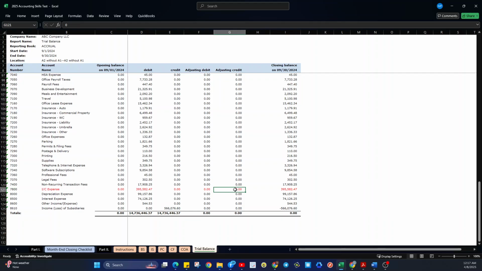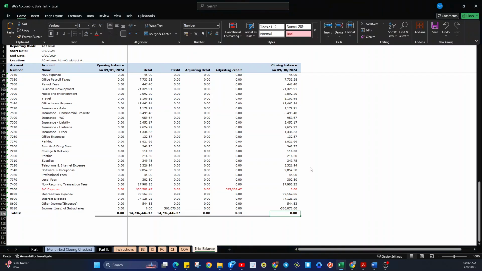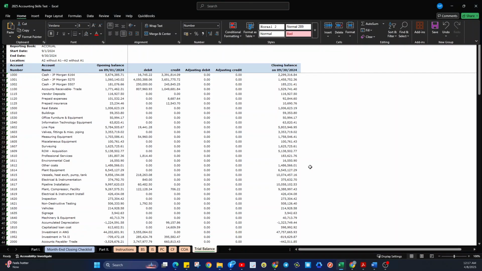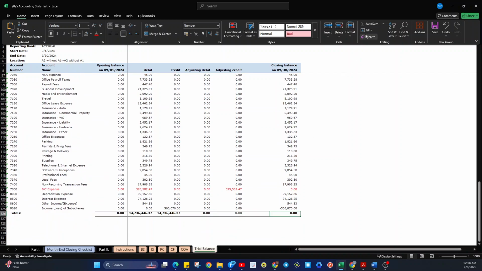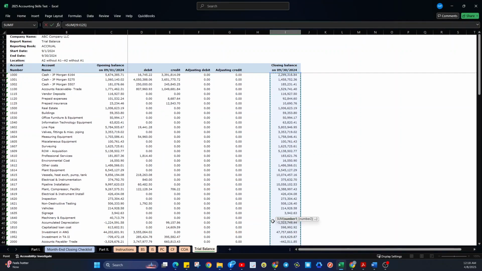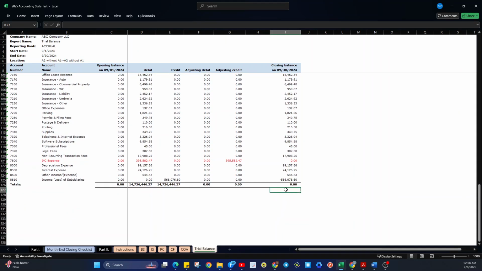So we have to put here 395,582.47, so the expense debit less credit would be 0. All right? So just make sure when we receive the trial balance, we ensure the amount is really 0. Okay? And then let's copy it here. See, it's 0.